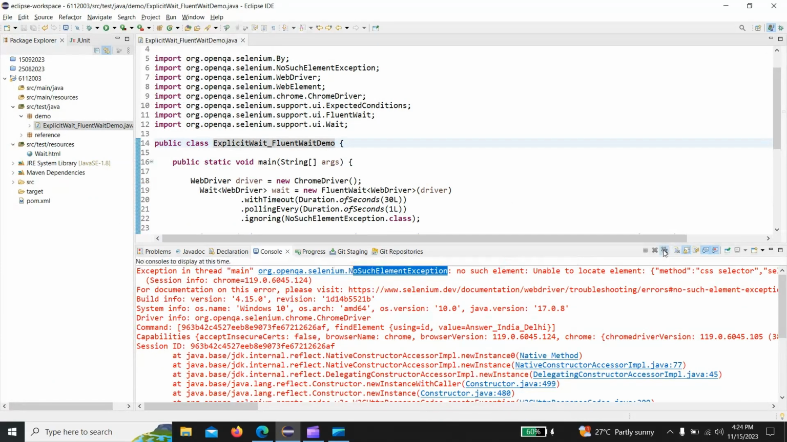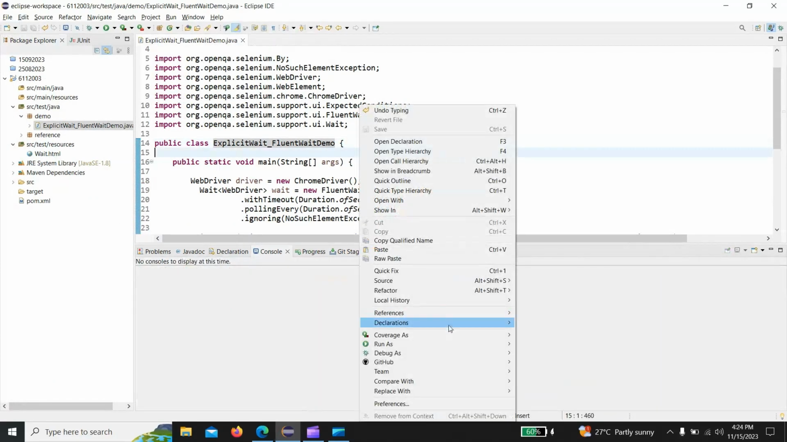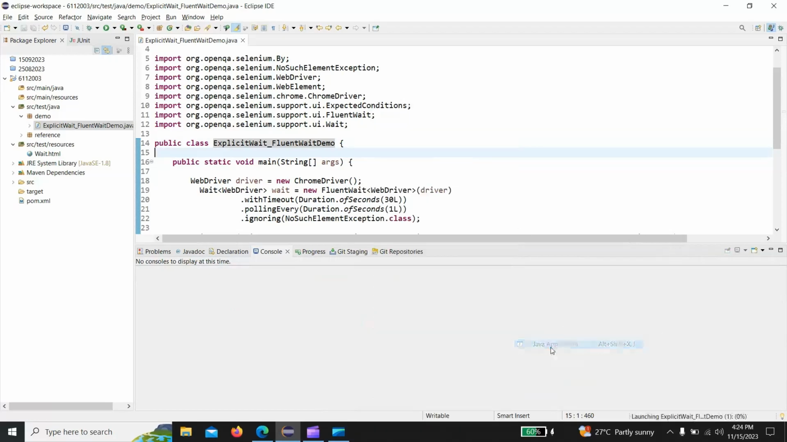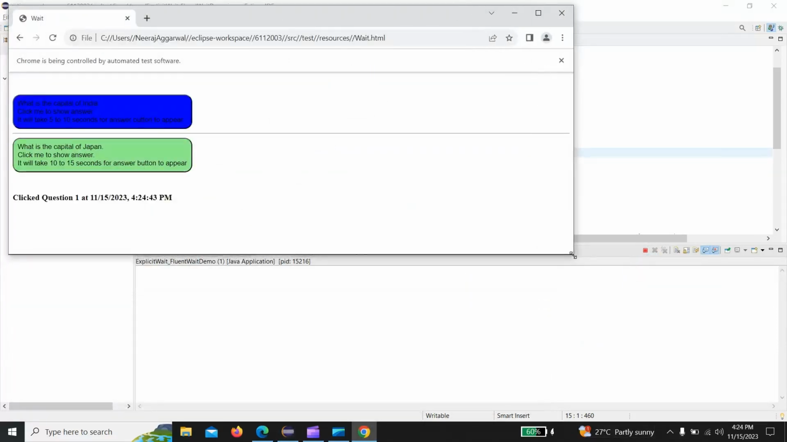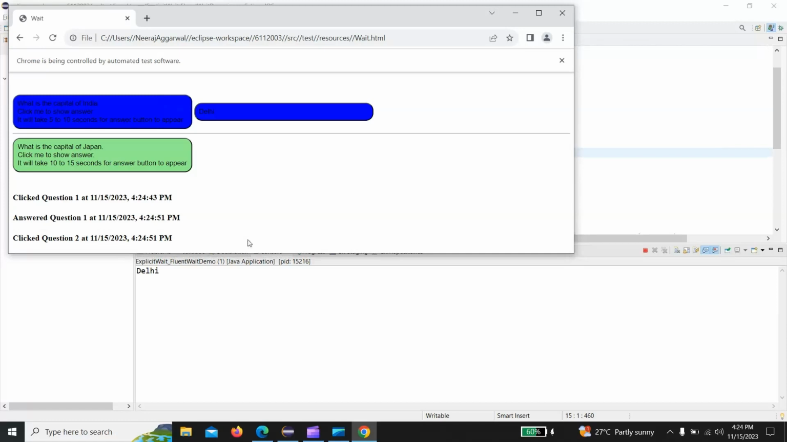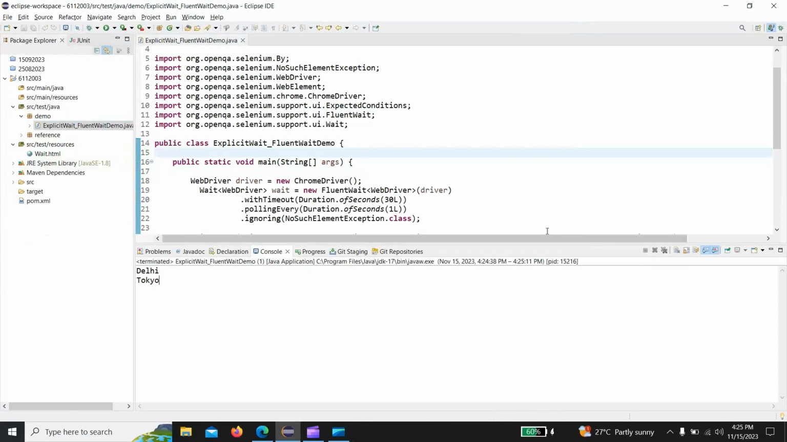Let me clear this console and let me execute this now. Okay, the application is getting launched. The automation has clicked on the blue color button and it has fetched the text daily and printed it. So this piece of code which was failing earlier is now passing. Instead of exception, it is printing the text daily, and again, instead of exception, it is printing the text Tokyo. So what it means is,